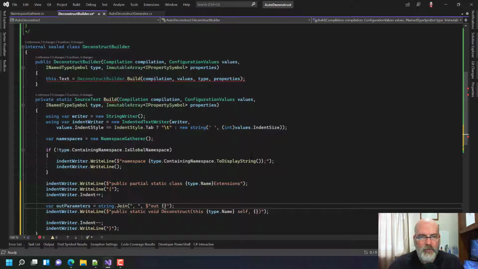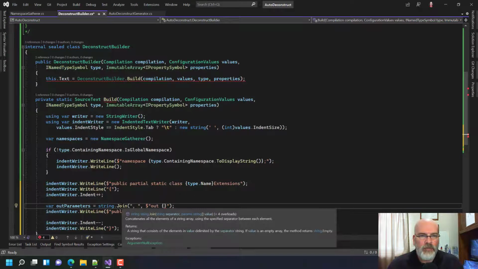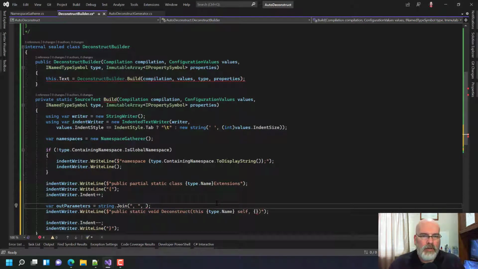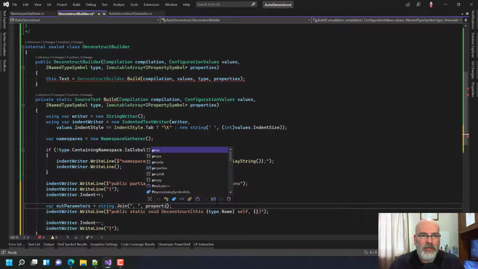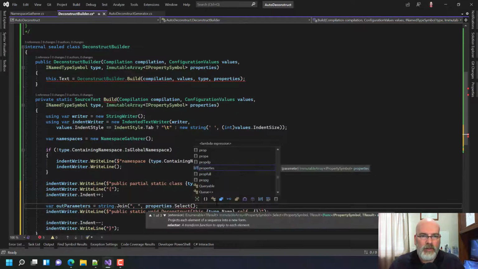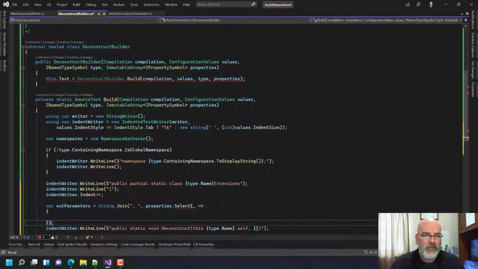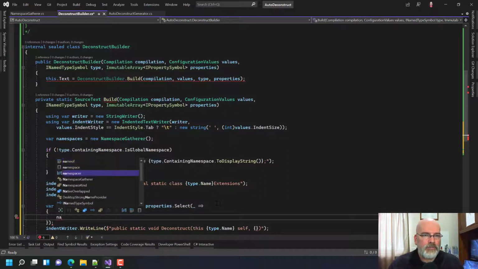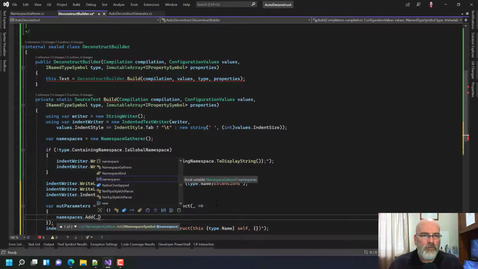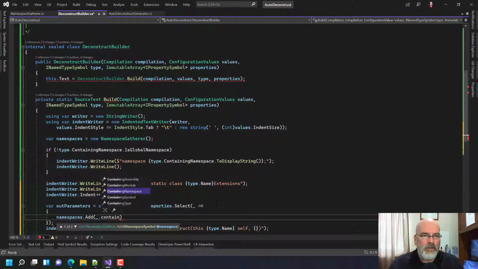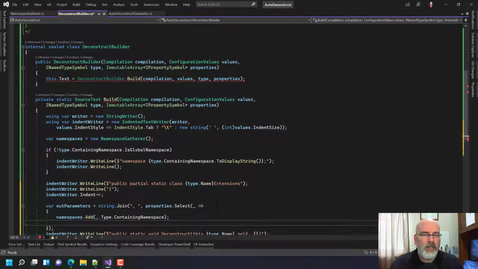So we want to say here is out. What am I doing here? These are the values. So I want to say, okay, properties dot select. And what I'm going to do here is a little trick. I'm first going to say namespaces dot add for that property. We're going to say its type containing namespace. Okay. Then we're going to return out